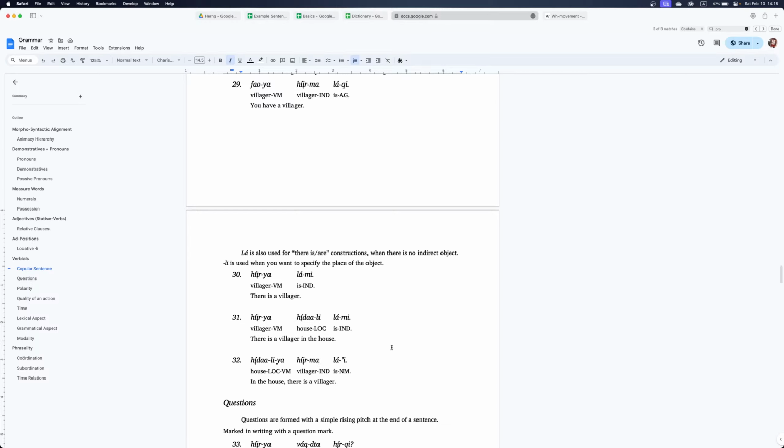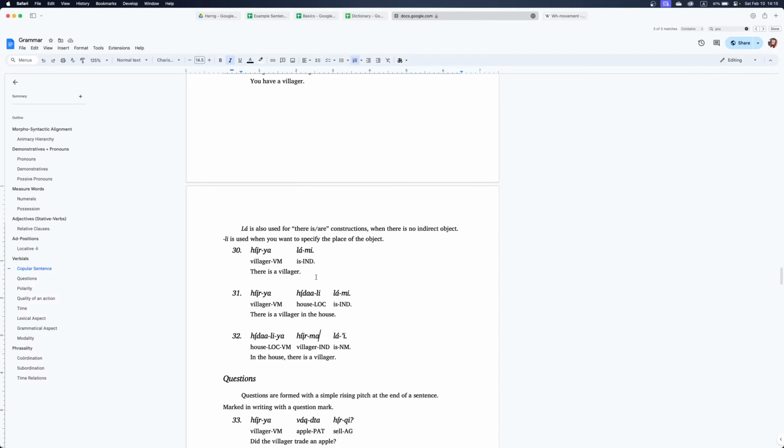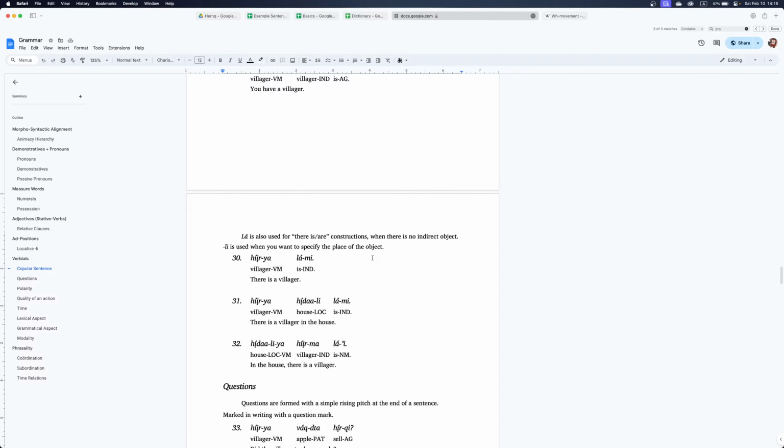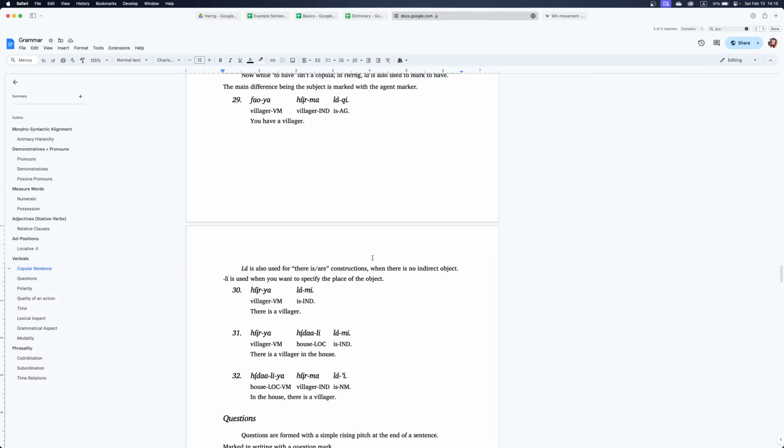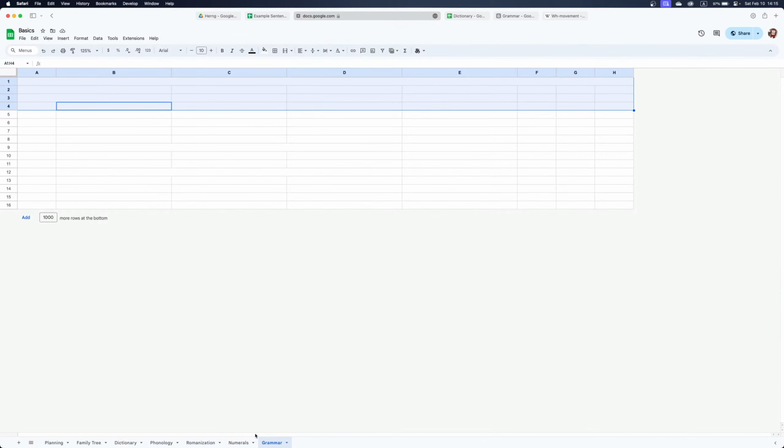There's also a distinction between the agent or person doing a thing and the subject as well. But if something's a subject, it's also the topic in Herng. Okay, so if that makes sense,